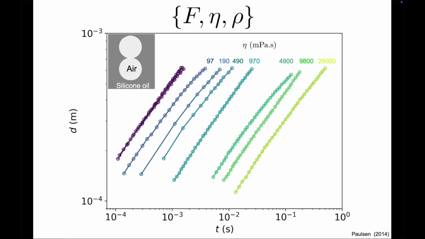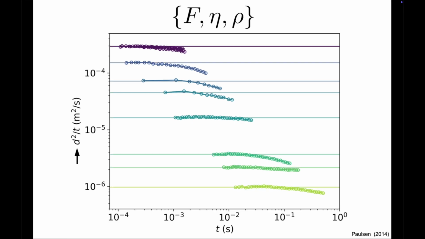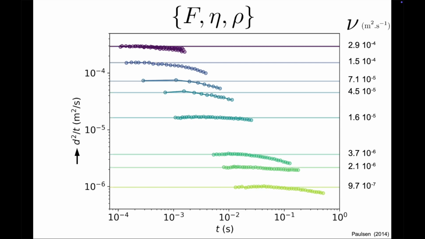For all the coalescence dynamics represented here, the neck radius is quite close to a square root of time. In other words, these dynamics are diffusive, each characterized by a different value of the diffusivity nu. We can better assess the agreement with this scaling by adopting the right angle on these dynamics, plotting the square of the neck radius divided by the time, such that each plateau gives a value of the diffusivity. Note that we still use the time as horizontal axis, but we may use any kinematic variable we want, and in particular the neck radius itself.